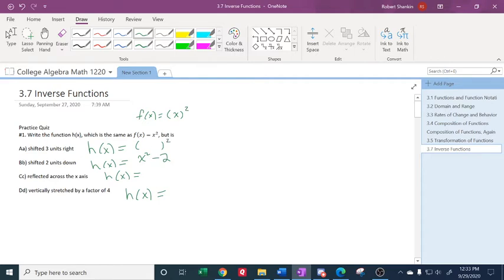Now, this is called a horizontal transformation when it goes left or right. And right is the positive horizontal direction, but in horizontal, everything works backwards. We get this. Okay, now, I know that this one is right, because if I was graphing this, just making a table to graph it,